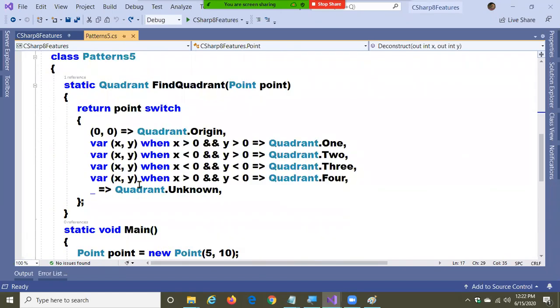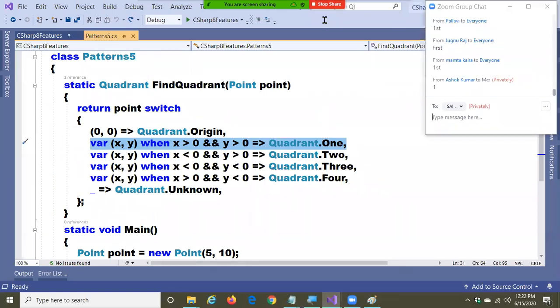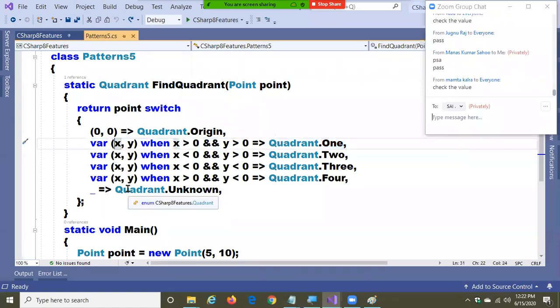Now see, when you are checking here, are you passing a value to the class, or do you want to get the value from the class? I repeat again: do you want to pass a value to the class, or do you want to get the values from the class to perform the comparison? Why would you want to pass here? Understand, you are checking a condition now, which means you need to get the values from the class.